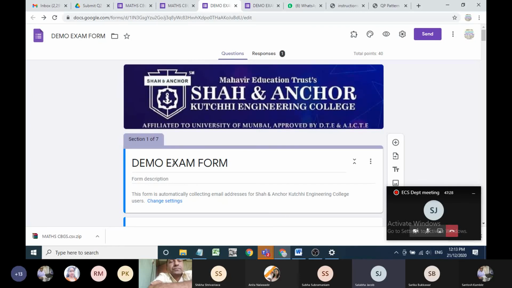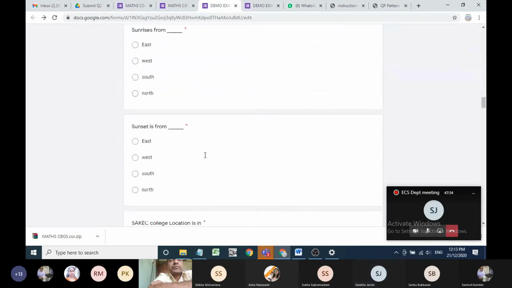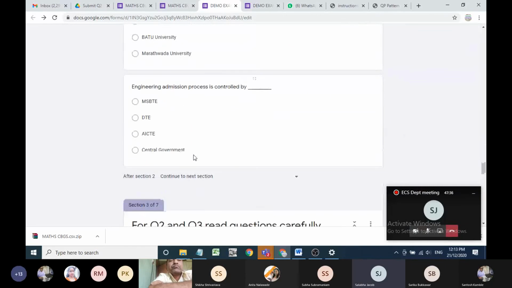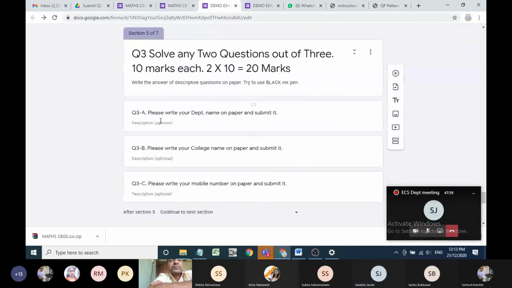I don't know, sir. I'm just asking you. No. I am telling you, ma'am. If you are making it like this, for example, if you are asking for the answer of each individual question, then there will be 6 folders for each question. So it will be difficult for you to print the response of an individual student. You have to again collect it in a single file and then take the printout. So that will be trouble for you.